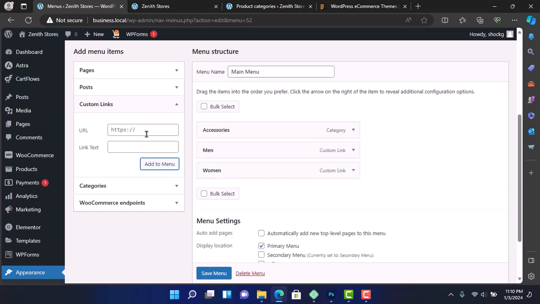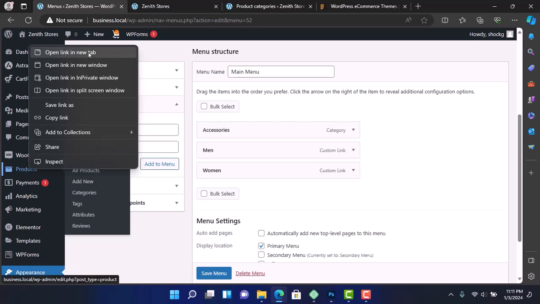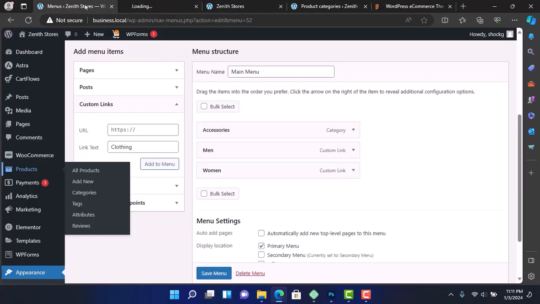All right. So next, I'm going to have a drop down which is going to be the men's clothing, the men's shoes, and the men's bag. So on the link, I'm going to say clothing, and then the link I'm going to get from the product. What I'm going to do is go to product, right click on it, and open in a new tab. So I have another dashboard right here. So this is the previous one, and then I have a new dashboard,